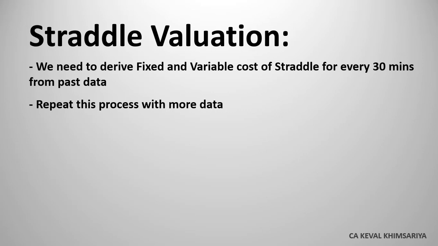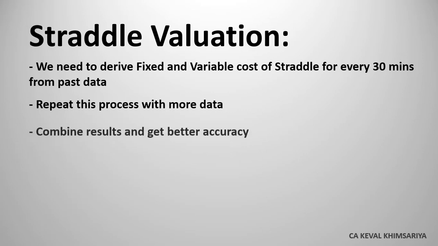So what we did is compare data of 11th May and 19th May, but this is just one data set. We need to do this process with more data sets. So one day before expiry was also on 5th May. So in the second data set, we can compare 5th May data to the 11th May data. In the third data set, 5th May data with 19th May data. So we need to process more data. The more the data, the more the accuracy.